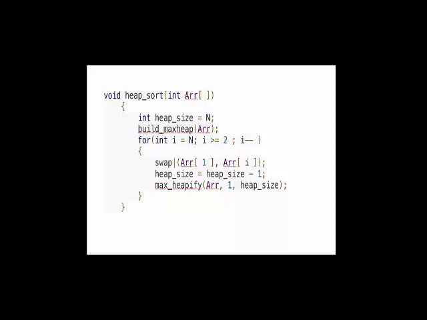So in this for loop there are three statements, and the first one is the swap function call. You are calling the swap function in order to swap the first position element with the last position element. What is there in the first position? The root node. So for performing deletion, you have to swap the root node with the last element. What is I here? I is equal to n, that is the last element index. So you are swapping these two.